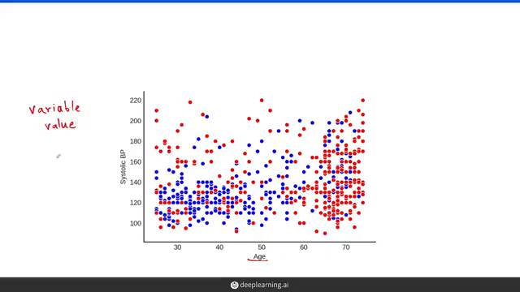partitions the data such that one partition contains mostly red and the other partition contains mostly blue. Now, what variable we pick and what value we pick for that variable is determined by how well it brings the reds to one side and the blues to the other side. Here we'll pick age and create a partition at age of 60. Notice that this is nicely separating out the red points on the right and has a mixture of blue and